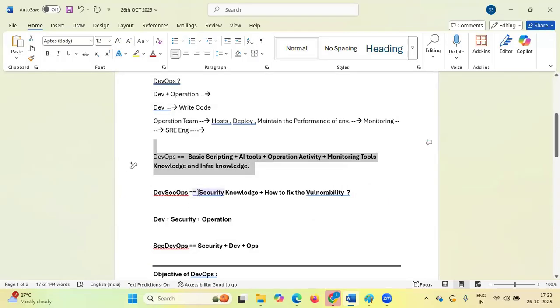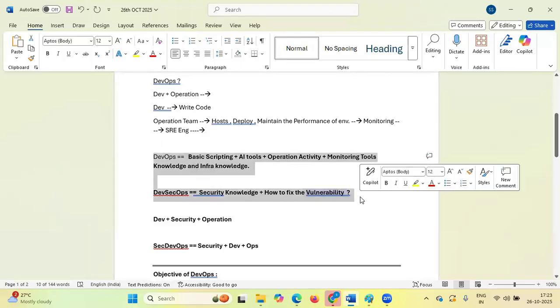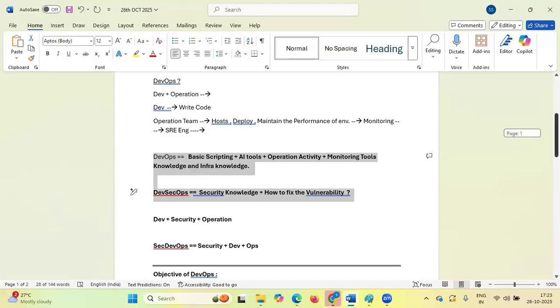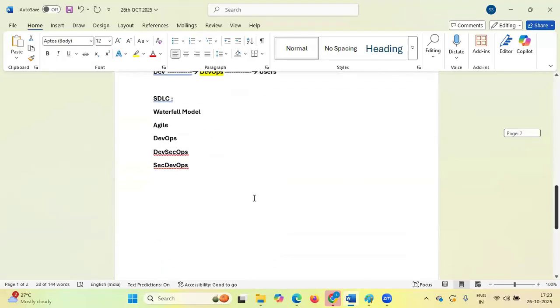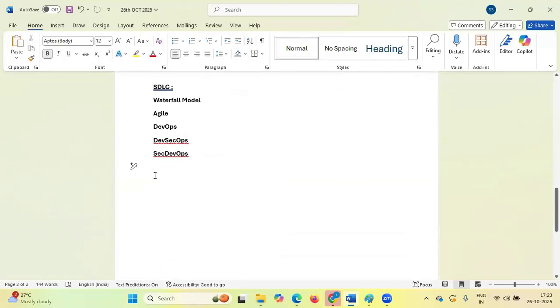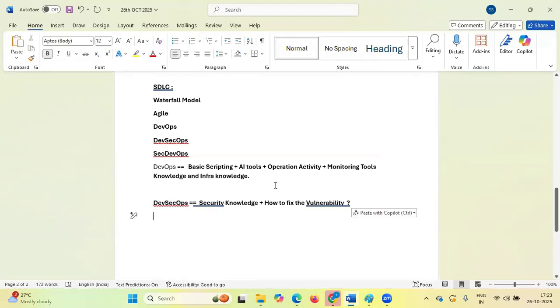So this knowledge is very much important, and that's the reason we are going to use SDLC.